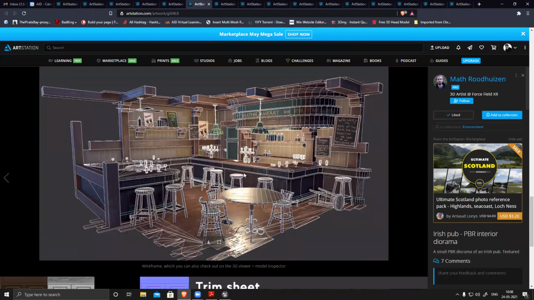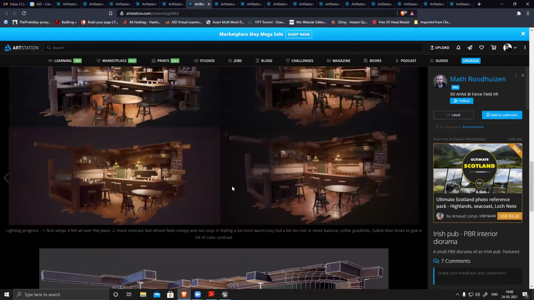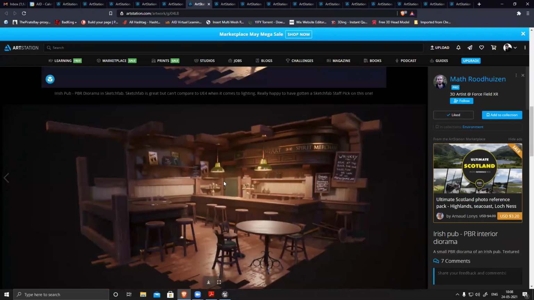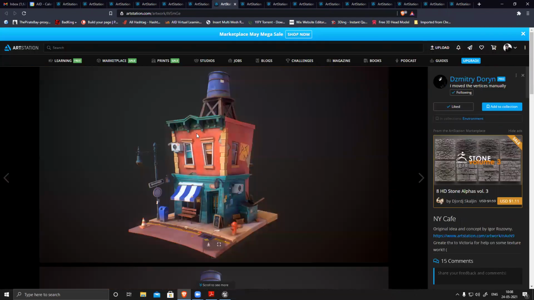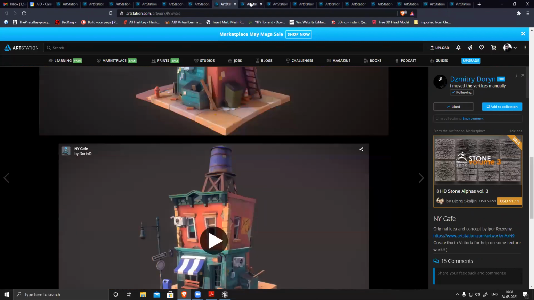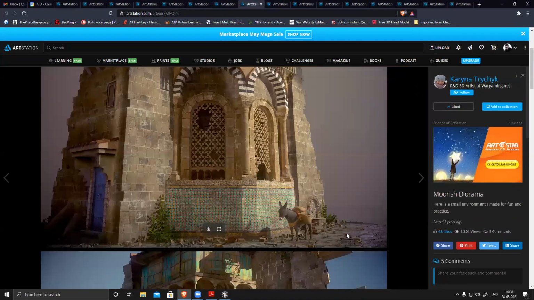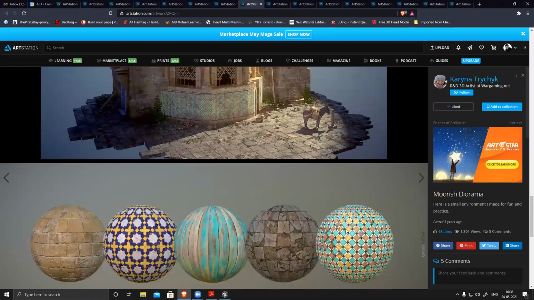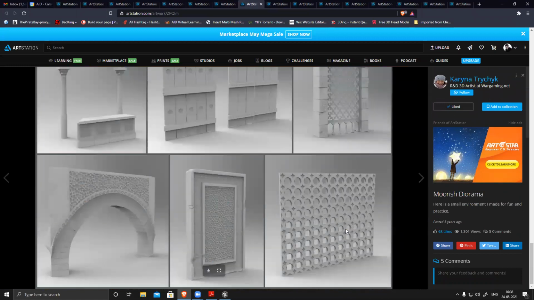This is a pretty low poly model, but looks quite nice and clean. Again a small diorama. This one is a little stylized. This is again a diorama, but it's realistic. So how to create materials and everything.